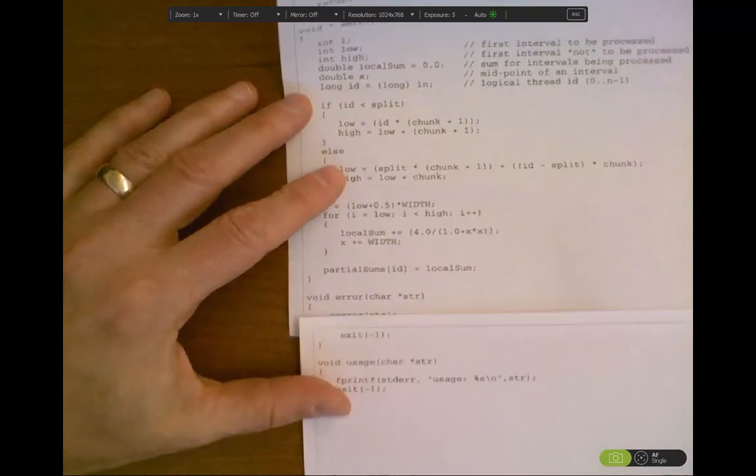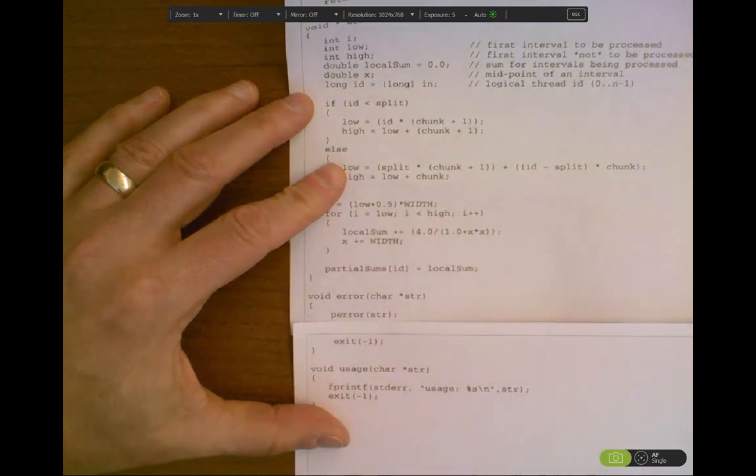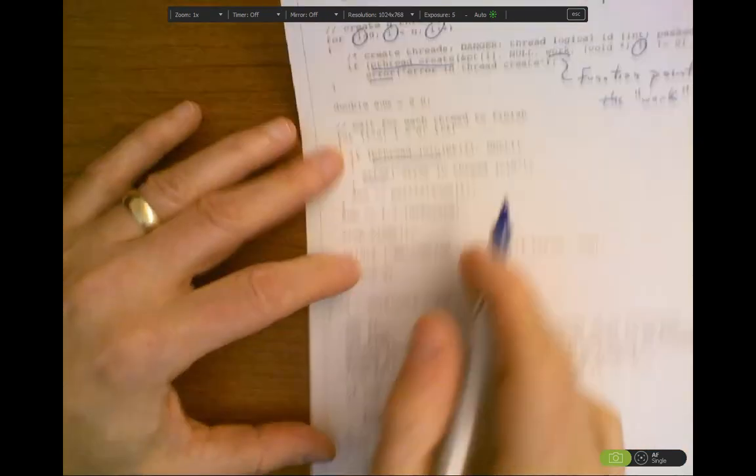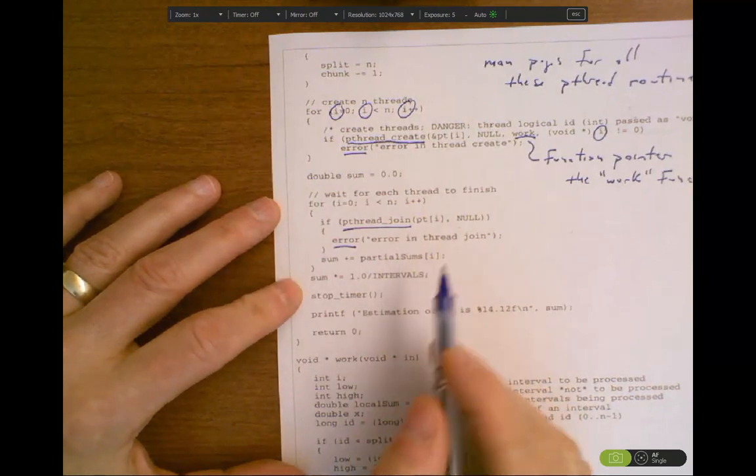And the next thing it does after that is exit the program. So I consider these all to be fatal errors in this program. Okay, so main is going to start the threads and wait for each one of them to finish. When they're all finished,